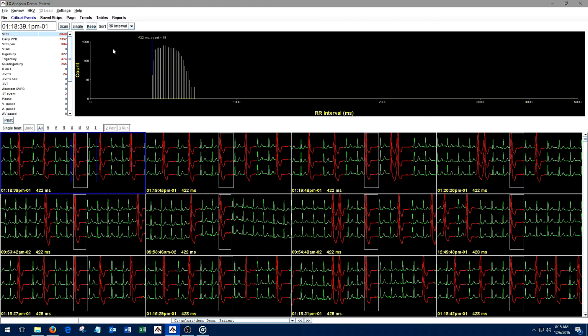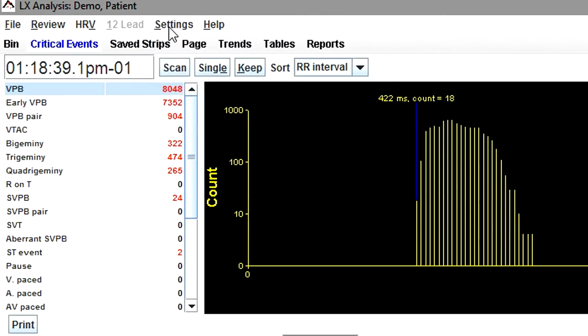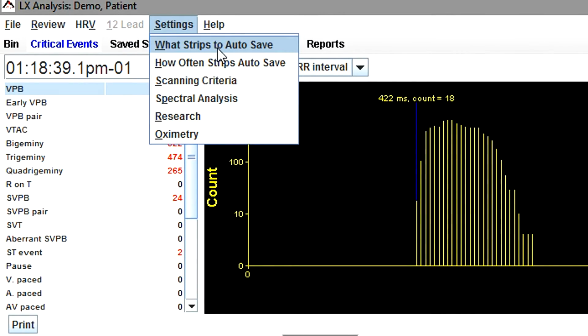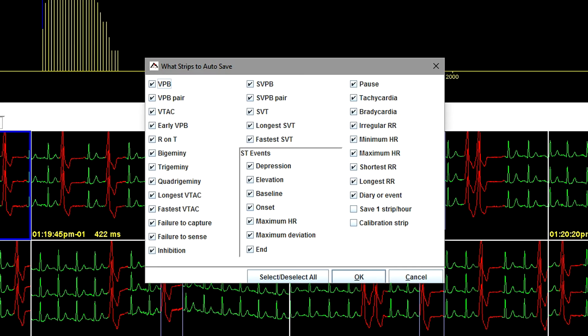What strips to autosave? Under Settings, select What strips to autosave. All the different types of labels the software uses appears in this window. The software uses these labels to identify one particular beat or event, for example, the current beat or the beat centered in a saved strip. Each label can be turned off or on to indicate whether sample strips of that type should be saved for